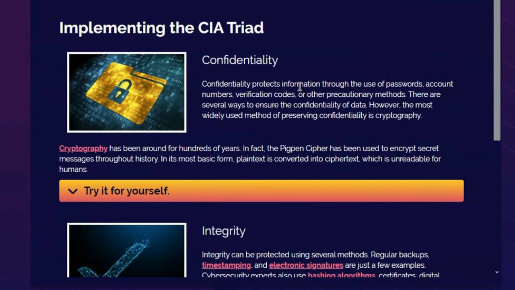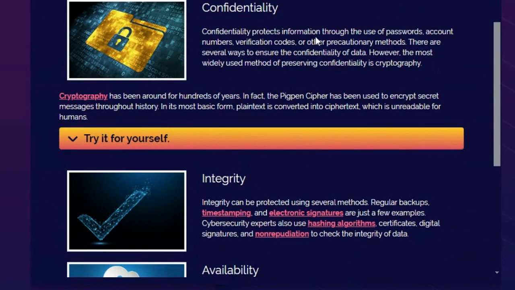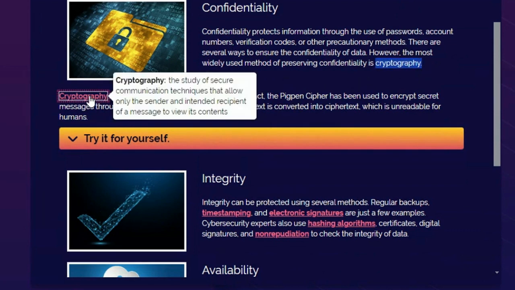Implementing the CIA triad. Confidentiality. This protects information through the use of passwords, account numbers, verification codes, and other precautionary methods. There are several ways to ensure the confidentiality of data. However, the most widely used is cryptography. And let's click the definition. The study of secure communication techniques that allows only the sender and intended recipient of a message to view its